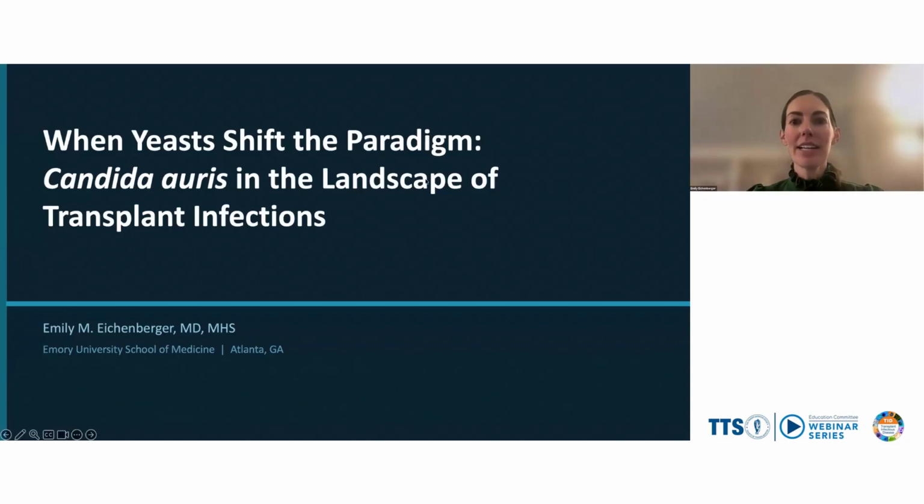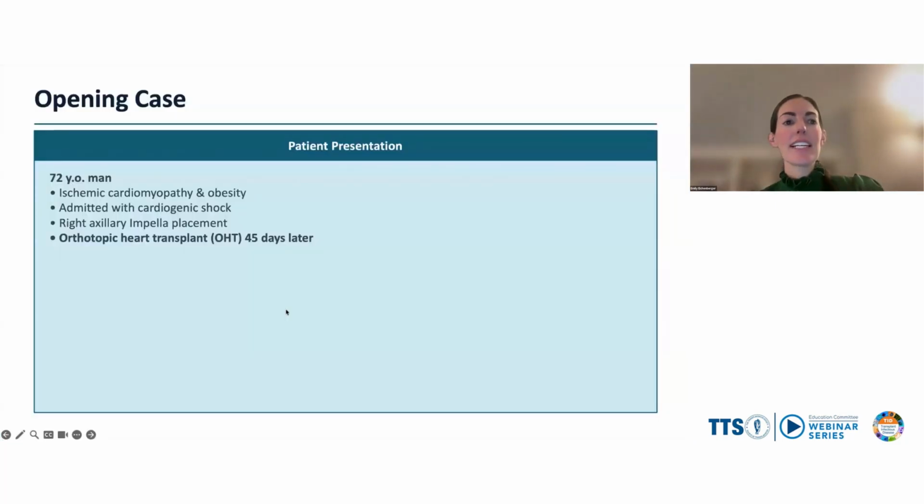So yes, I'll be talking mainly about Candida auris within solid organ transplant patients. So we'll start with a case of someone I took care of a couple months ago on the inpatient wards. This is a 72-year-old man with ischemic cardiomyopathy and obesity. He was admitted with cardiogenic shock, underwent right axillary impella placement on hospital day 1, and had a fairly uneventful